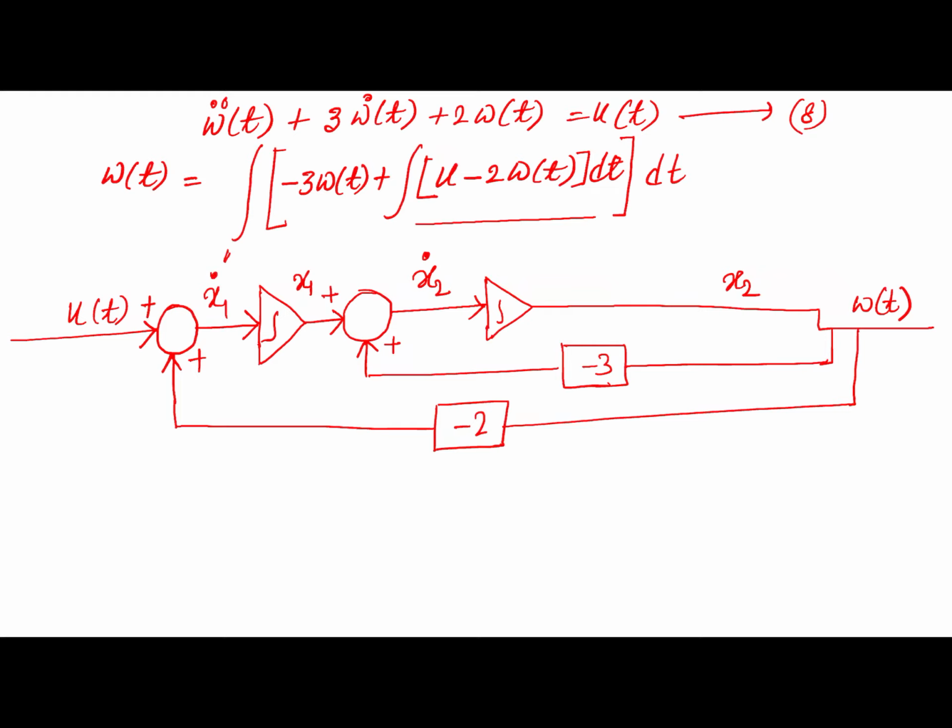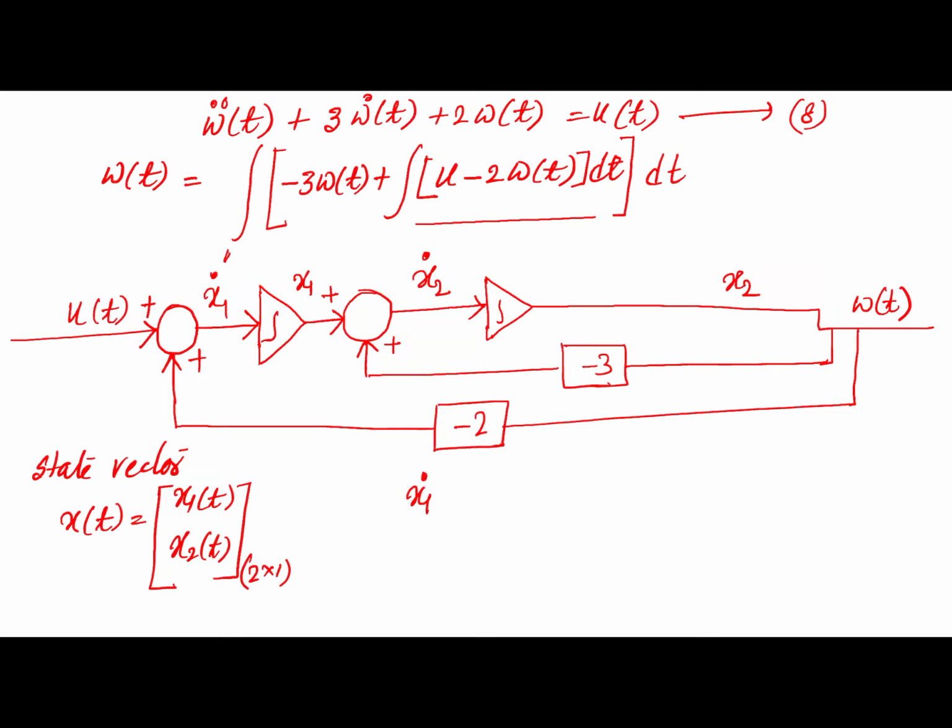So the state vector x(t) is a column vector, components are x1(t) and x2(t), dimension is 2 cross 1, and the state equation